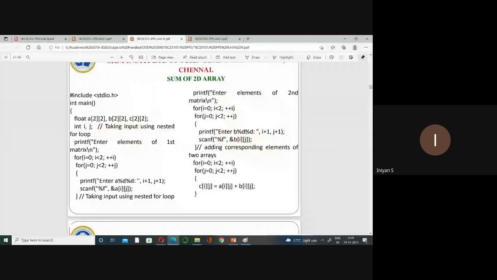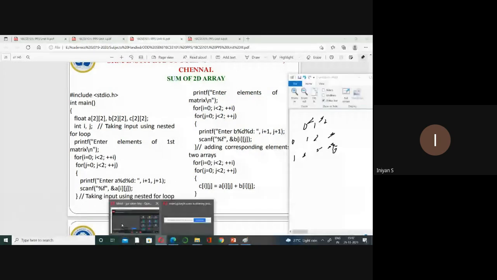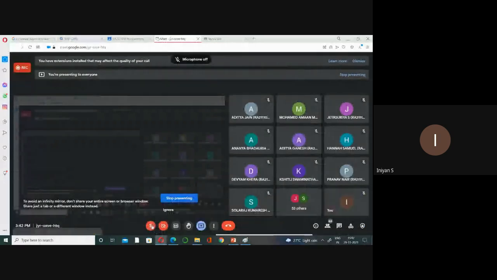Okay. So the next one is a very important program. 2D array. Sum of 2D array. What is meant by 2D array? Sum of two matrices. Okay, 1 minute. So you just look at this one. What is meant by